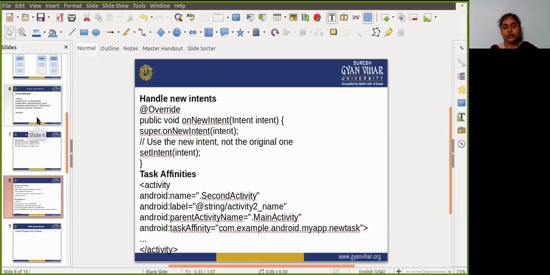Okay, so guys, there are many more options to manage the task of that activity. Our app actually contains its own stack, right? So the activities can run as they are visited while users use the app.